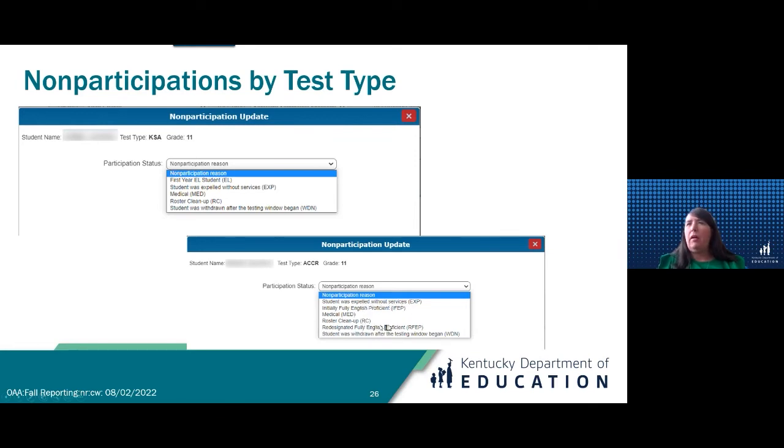Or it could be our alternate access students, because remember the exit criteria for alternate access students is a P2. And so if those students exited off of either ACCESS or alternate ACCESS, they would be what we call RFEP, and that means those kids should not have been on there. And that means not this year, that means previous years, and they're showing up still on your roster. They should not have been tested, and they had gained the exit criteria last year to exit. And so those kids should not be on there.